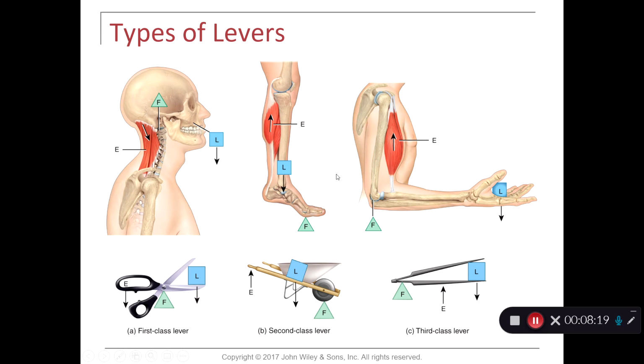What you really need to take into account is where the insertion point of that effort is. In this case, the insertion point for this biceps brachii is here on this radius, at least that we can see right here, which means that E should really be indicating right here, so it should be an